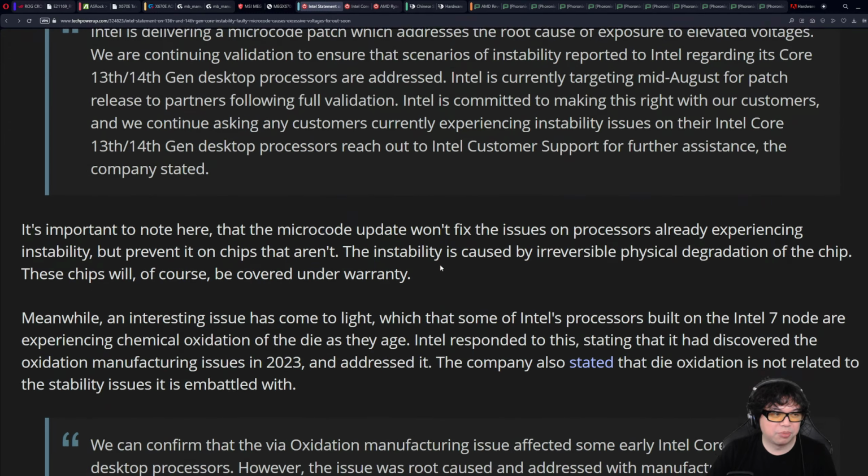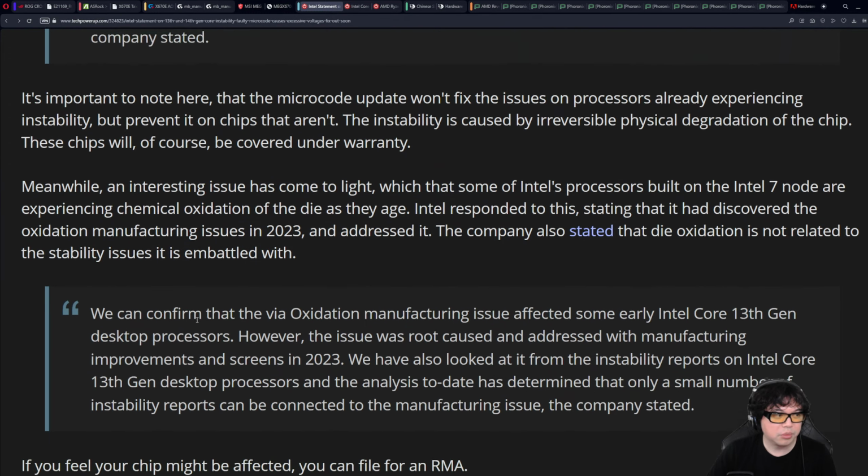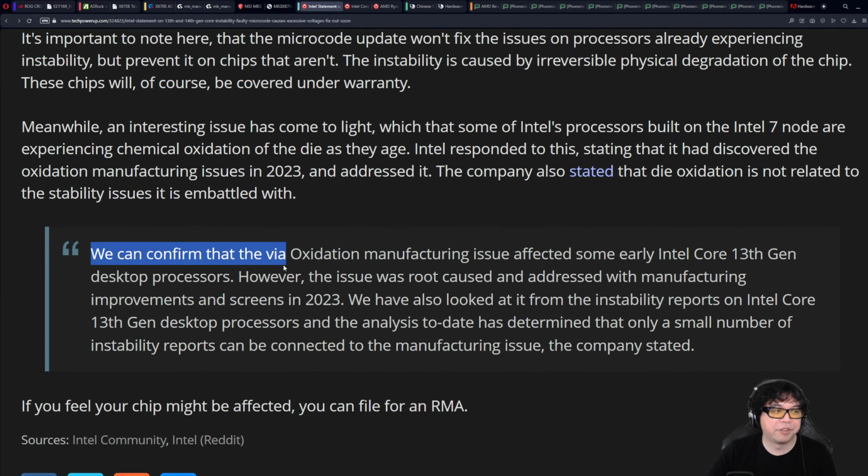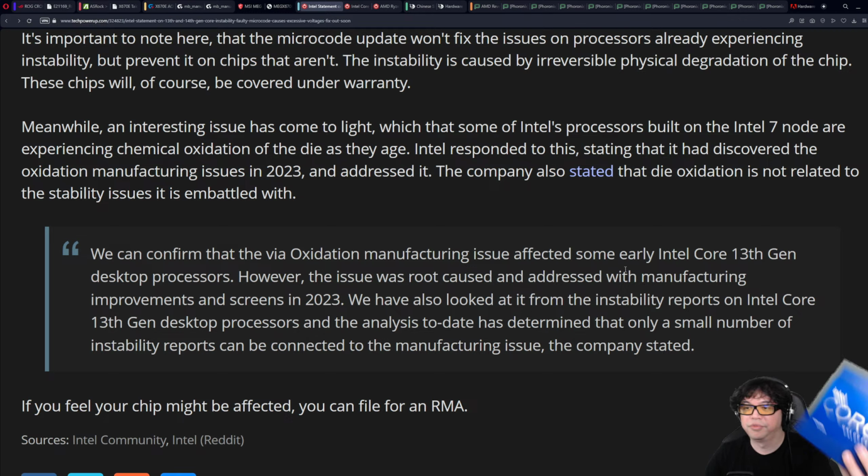But it'll depend. I mean, right here, we can confirm that the via oxidation manufacturing issue affected some early Raptor Lake desktop processors. Notice that they're saying early. Wait a minute. This thing, this CPU that I have,